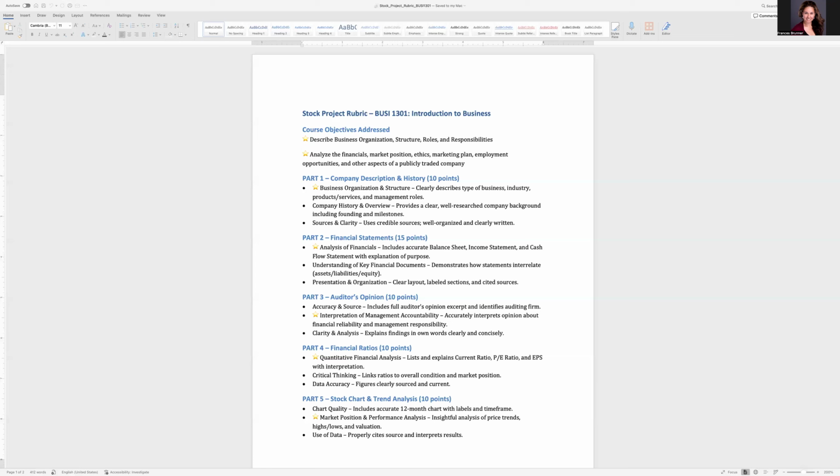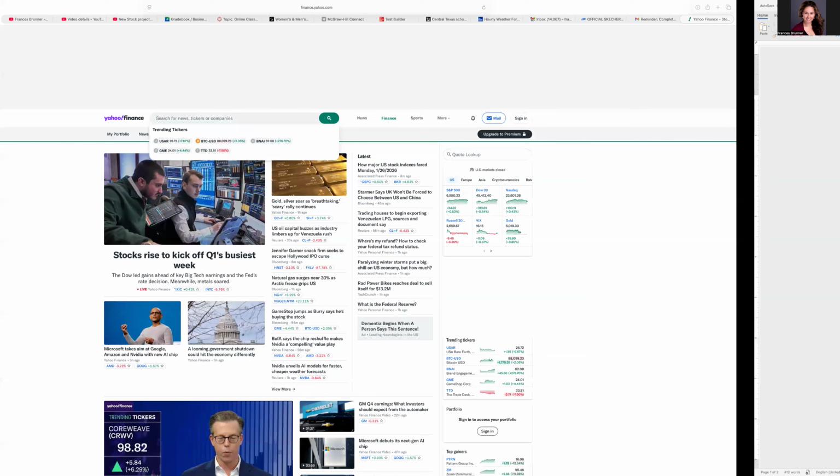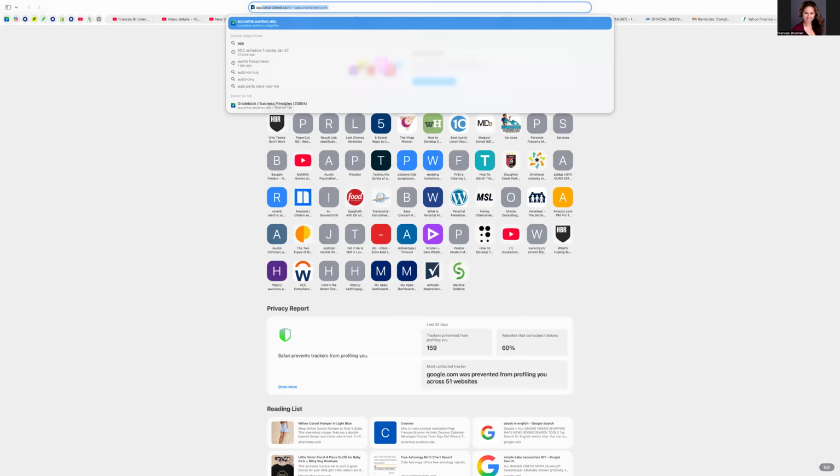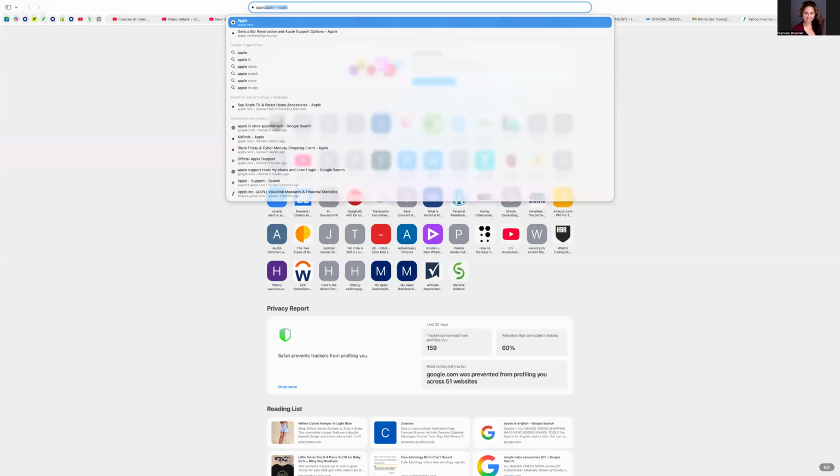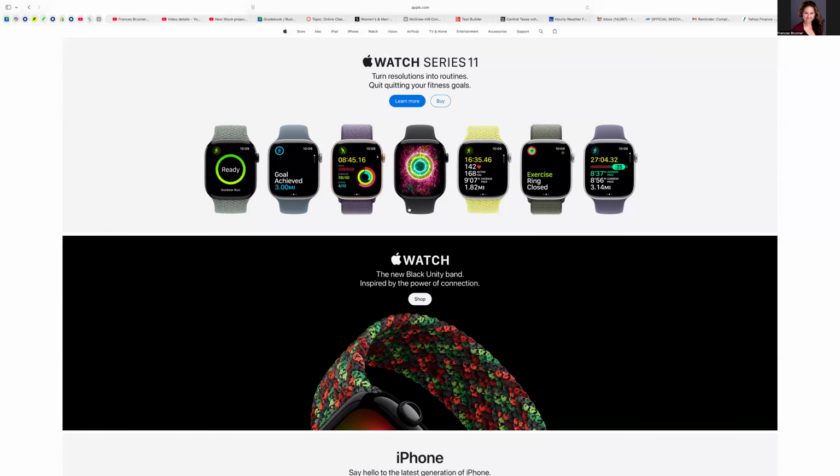In every section you're going to use credible sources, and you're going to document those sources, not only in your bibliography at the end of the project, but also within the paper. So make sure you have a footnote related to the numerical citation at the end of the document. One way to go about finding the company description and history would be to go to the company's homepage. Since no one is able to choose Apple, I'm going to go to apple.com's homepage,